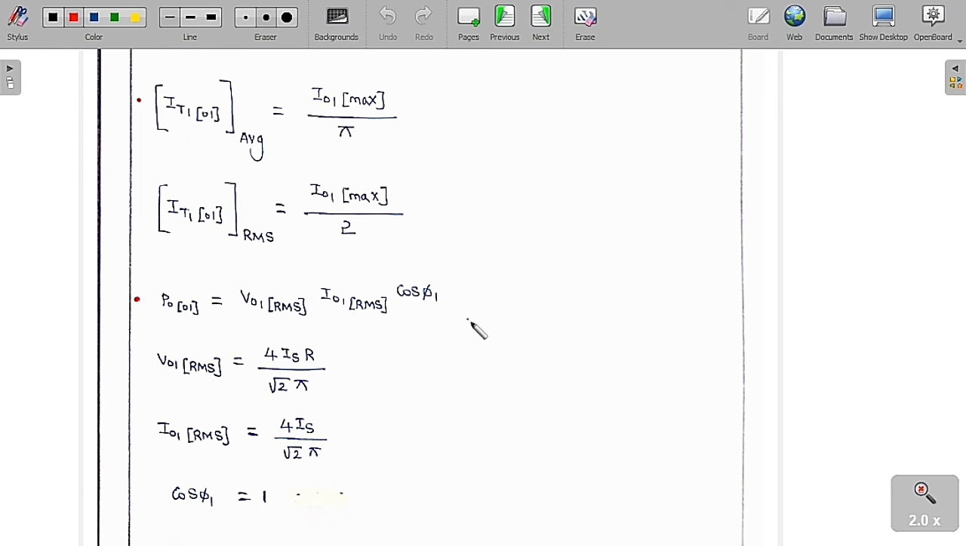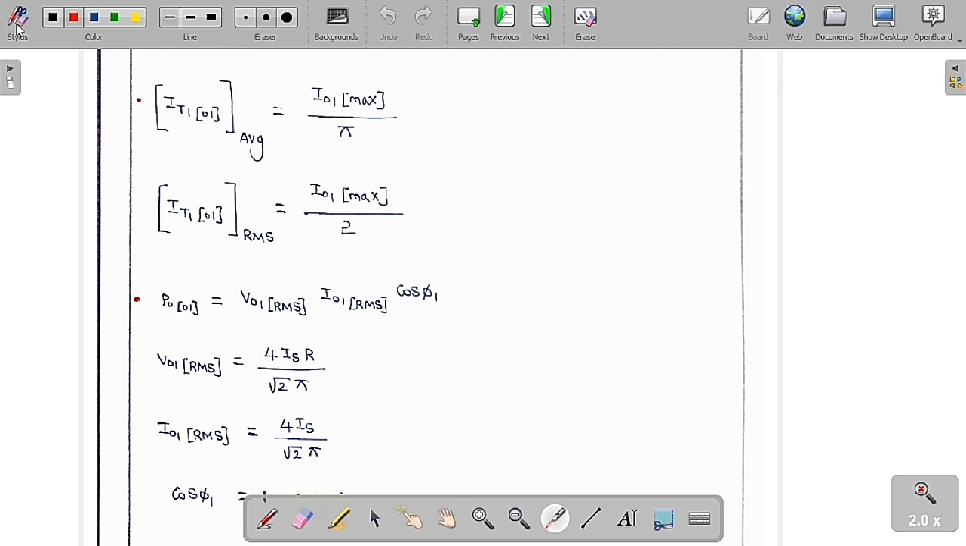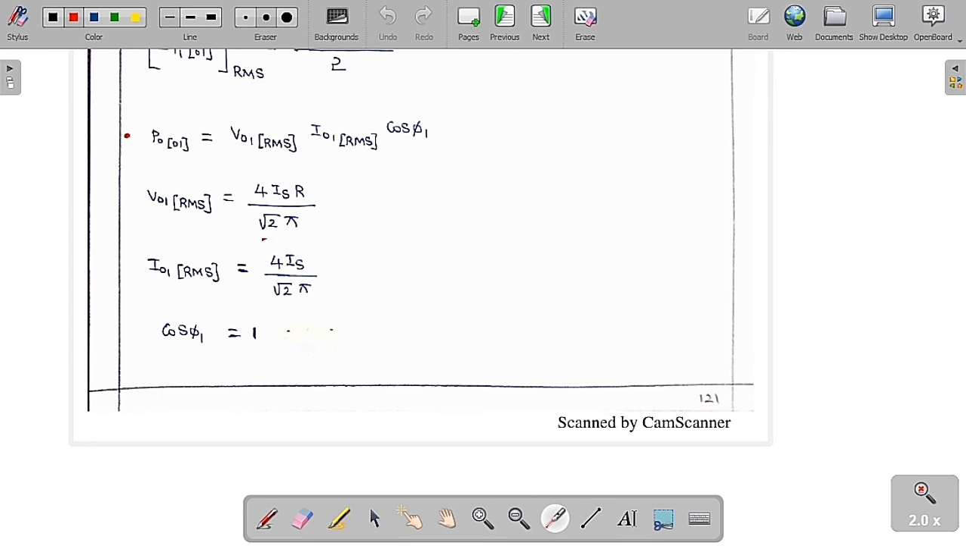Because both are in the same phase, phi 1 is equal to 0, so cos phi is equal to 1. So the RMS value of the fundamental component, we can get from the expression, 4Is by root 2 pi, and I got I1 RMS is equal to 4Is by root 2 pi, and cos phi 1 is equal to 1 because their phase difference is 0, so cos 0 is equal to 1. So if you multiply all these things, we are going to get the amount of fundamental output power